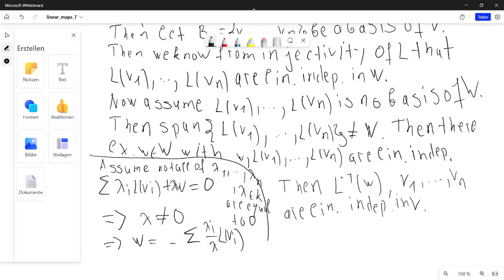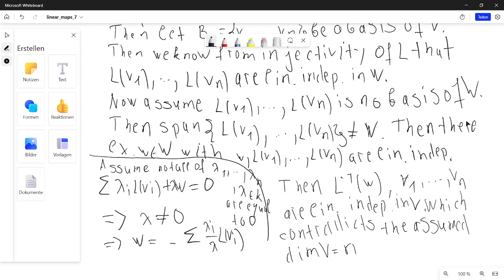Now those vectors are linearly independent, and those are certainly the vectors in corresponding pre-images, so they are linearly independent in V, which contradicts the assumed dimension V